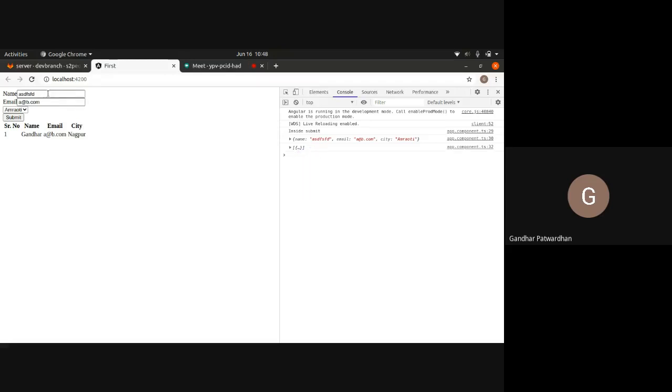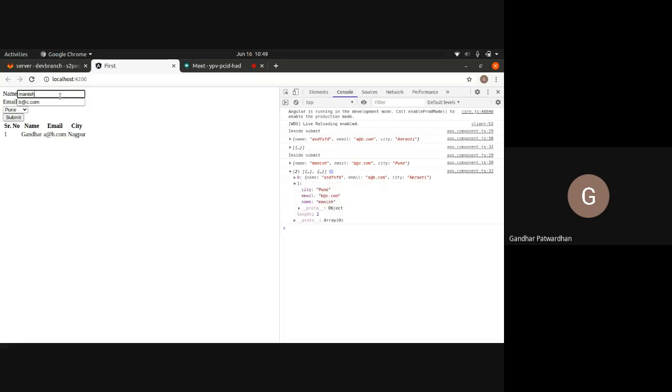Next, what I'll do is I'll add some other name. I'll say Manish, and I'll give another email ID b@c.com, and I'll use Pune. Right. I'll click on submit. So now my form1.value printed that object which we passed through our form, and on line number 32 we printed that array. Now this array has two elements instead of one. The first element is the one which we created previously, and the second element is for Manish, which we created right now.